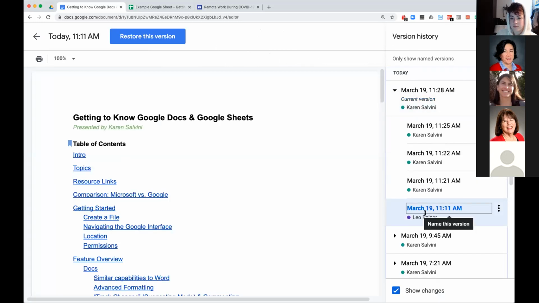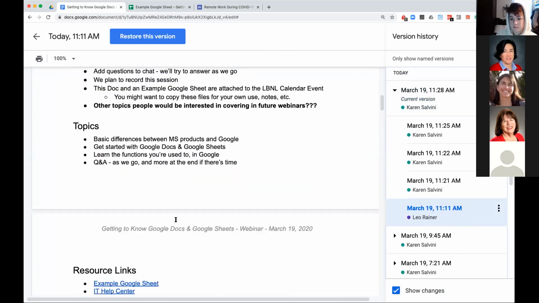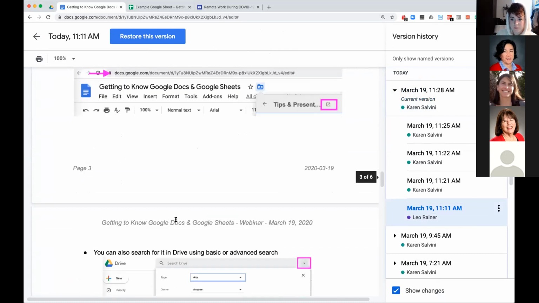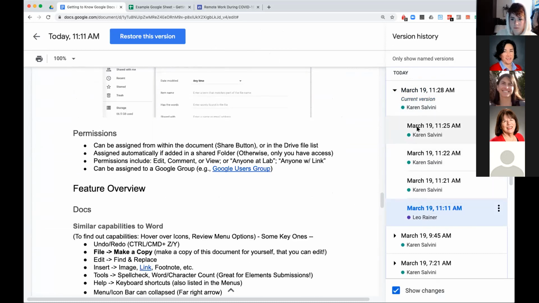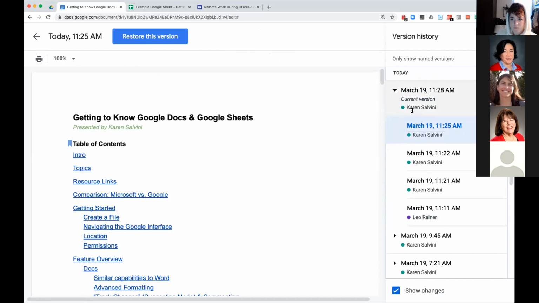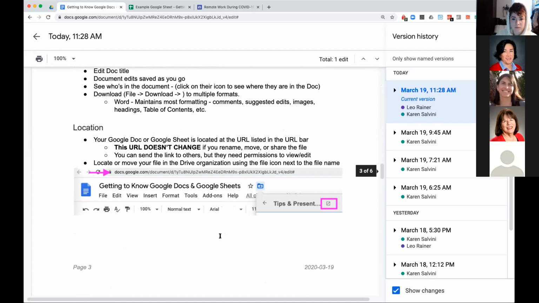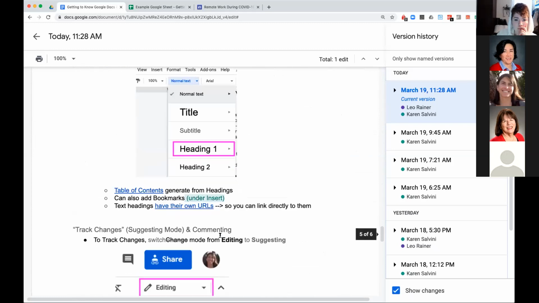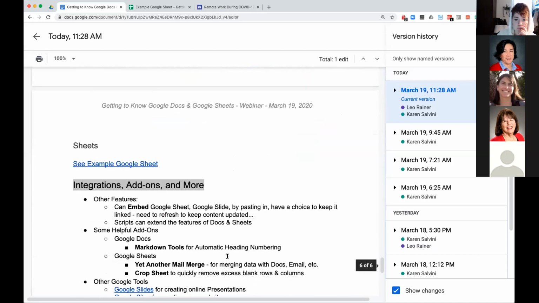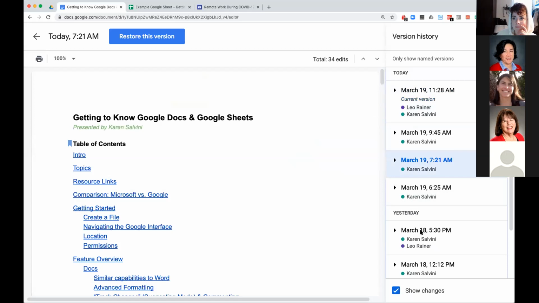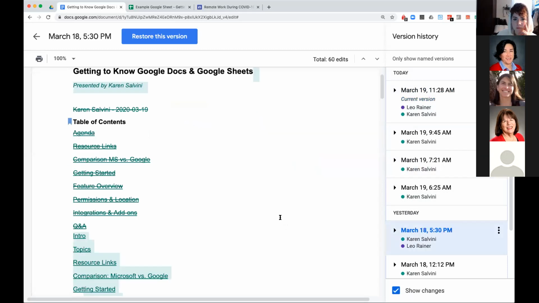If I click on what Leo did, I might have to scroll down to find it. Might be easier to, these are like individual, very, very small changes. It's probably easier to just look at the changes for the document itself over a period of time. And so here you can see changes that were made and who made them. And basically just scroll through the document and you can see the edits that were made. Like yesterday, there were probably a lot of edits made.